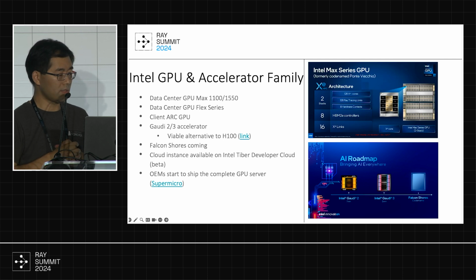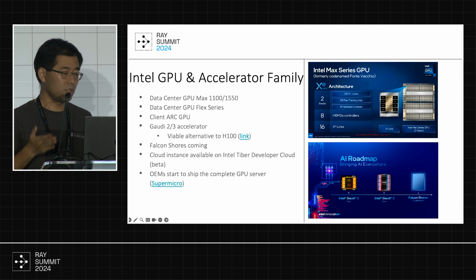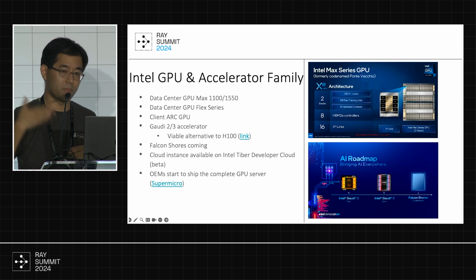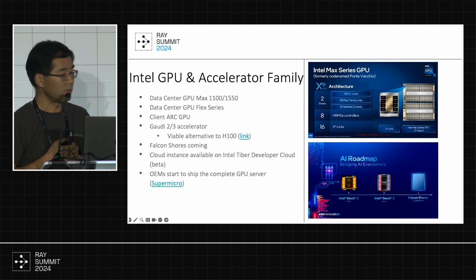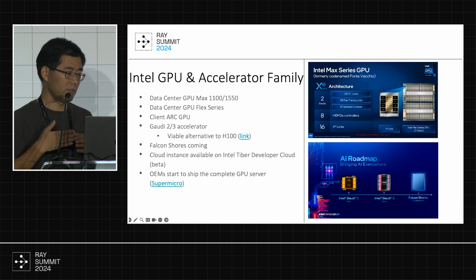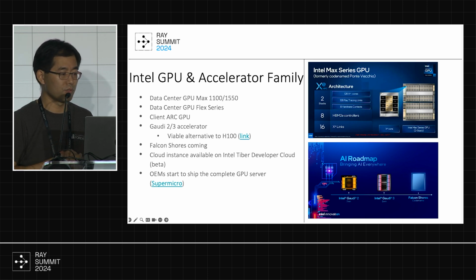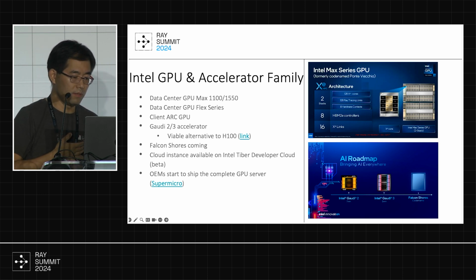Earlier I talked about Gaudi. Gaudi 2 was announced last year and is now in production and large deployment on our customer side. Gaudi 2 is built on TSMC 7 nanometer. Together with the GenAI launch, Gaudi 3 was also launched 2 weeks ago. And Gaudi 3 is built on TSMC